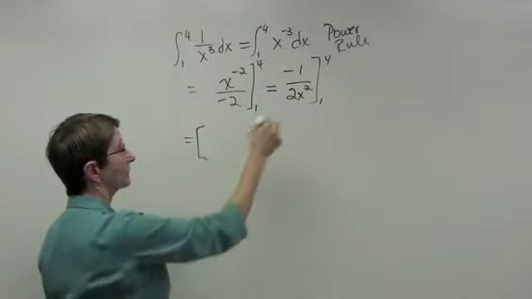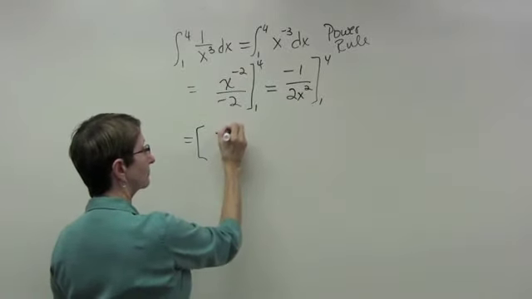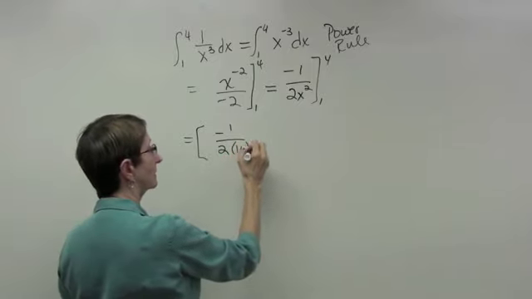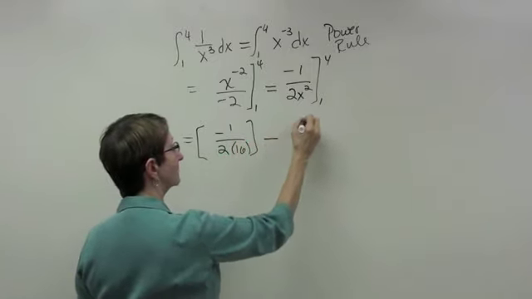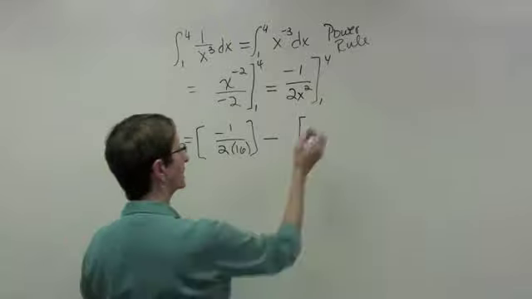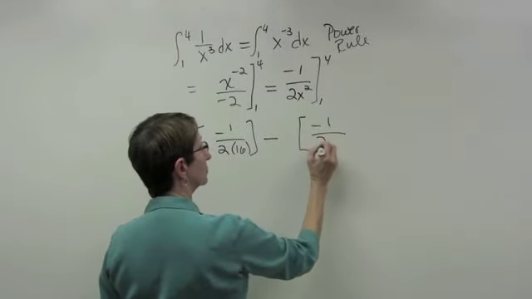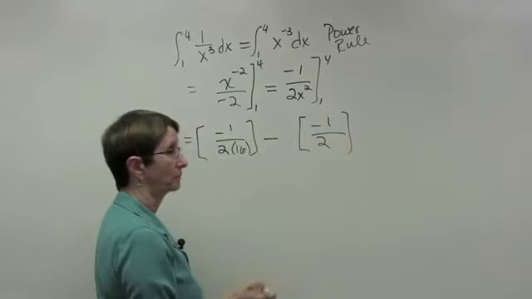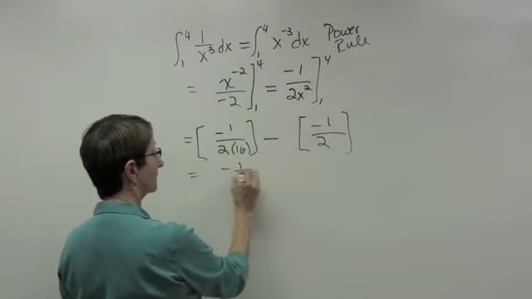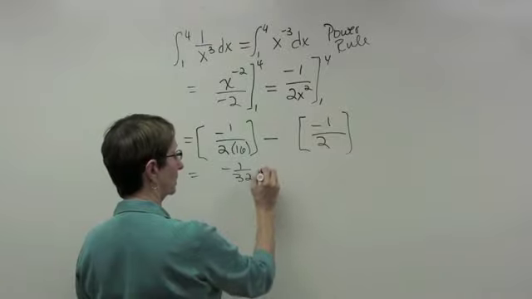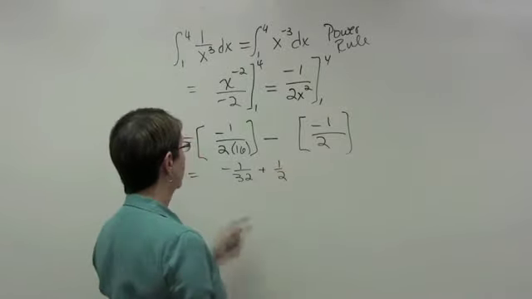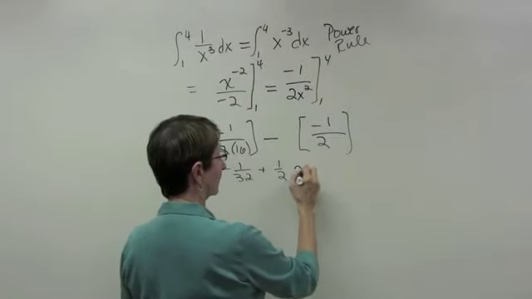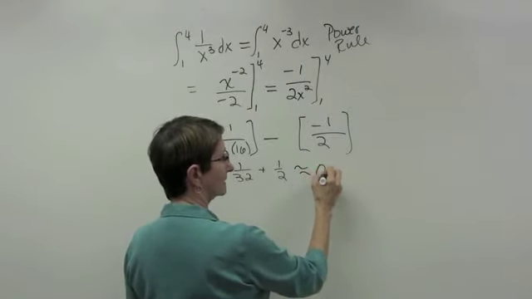So let's put the 4 in first. Negative 1 over 2 times 4 squared is 16. Minus, and now I'm going to put in the 1. Negative 1 over 2 times 1 squared is 1. So I have a negative 1 over 32 plus a half. Put all that together, probably using your calculator, and it's approximately